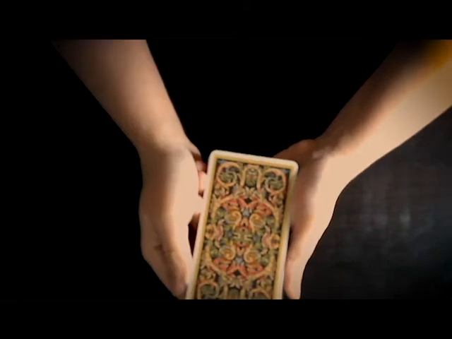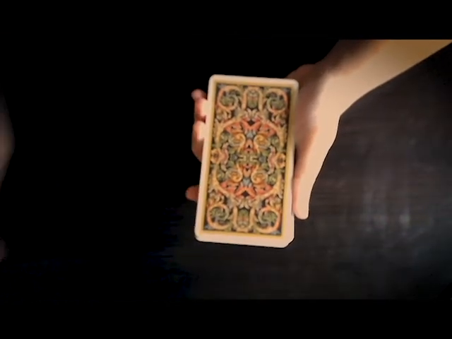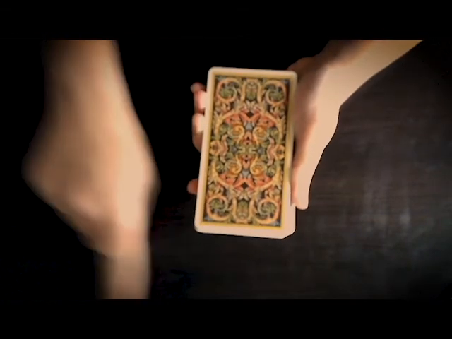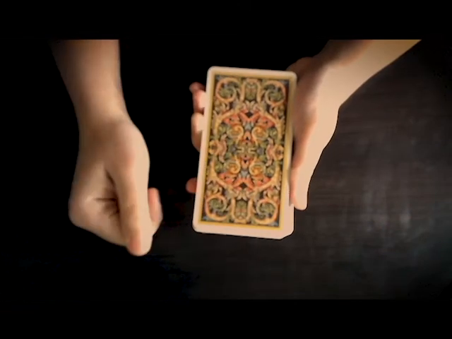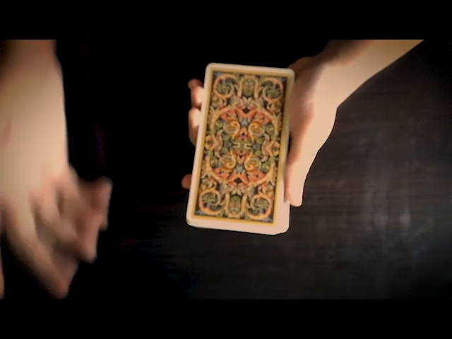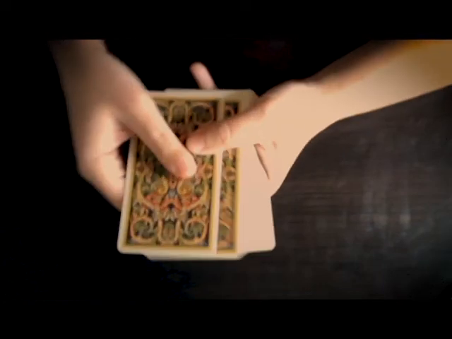All right, so there we go. Now, from here, we will deal 15 cards to each player, okay? 15, 15, 15, and then, of course, the dealer 15. Now, you can deal any different way, 1 to each person until all the cards are dealt out, or just straight off the top. So, 1, 2,